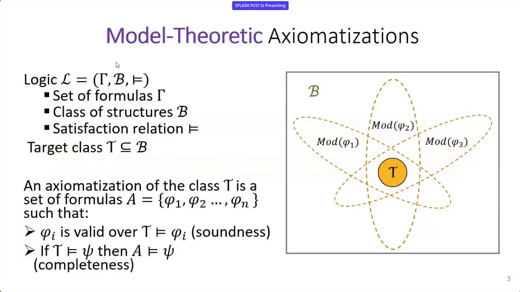Note that this is a model theoretic view of axiomatization, in the sense that an axiomatization simply characterizes T as a subclass of B by culling out subclasses of B using formulas. And the definition of an axiomatization is actually independent of any proof system or a notion of derivability from axioms. However, note that if you indeed had a proof system that was strongly complete, then completeness in our setting is the same as what you would think of as a complete proof system. And what I mean by that is that if you had a proof system that was strong enough, using a complete axiomatization, you could in fact derive all valid properties about the target class. We also discussed this nuance in the paper, and you can read it at a leisurely pace.